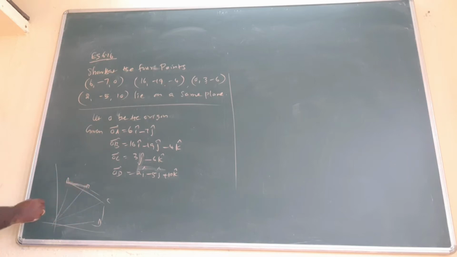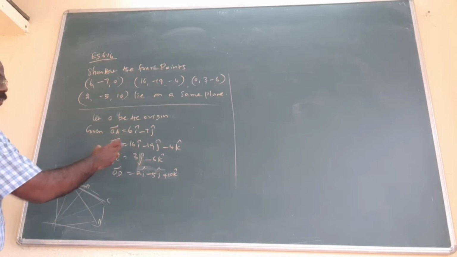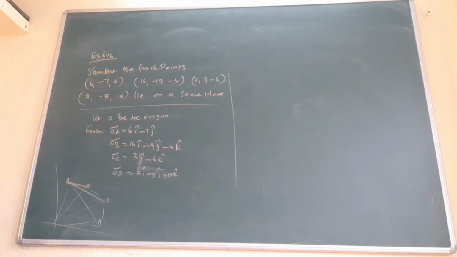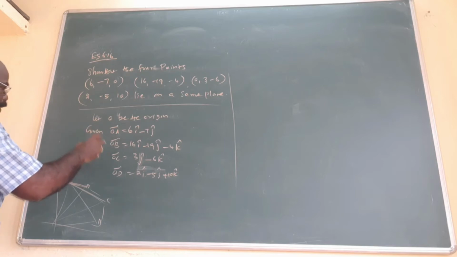You will find AB vector, AC vector, AD vector. Then put the box product of AB, AC, AD. If it is 0, that means they are coplanar, that means all the points lie on the same plane. That is the meaning. With 3 vectors, small a, small b, small c, we put the box product and get 0, that is the answer. But here 4 points are given now. That's why you will assume OA, OB, OC, OD.